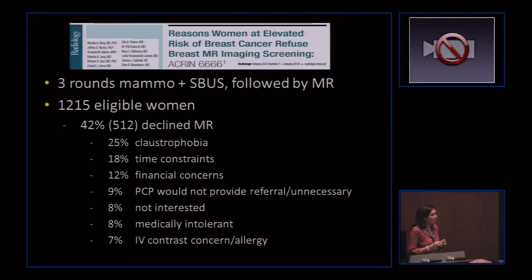And the Akron study was well designed because after 3 rounds of mammo and screening ultrasound, the patients were offered an MRI for free. And at the end, there were over 1,200 eligible women, but 42% declined MRI. Remember, these were highly motivated women in the study. They signed up to do the Akron study, and they went every year for their ultrasound. The reasons: 25% said claustrophobia was the issue, 18% time constraints, 12% financial concerns, not sure why, even though it was free. And then there were other issues. The PCP didn't think it was necessary, or the patients weren't interested, or there were some concerns about the IV